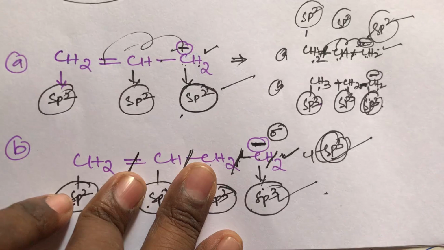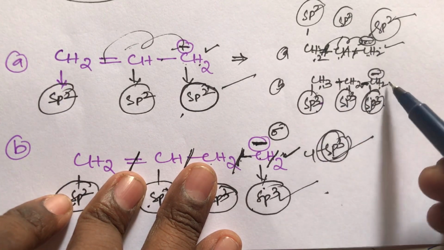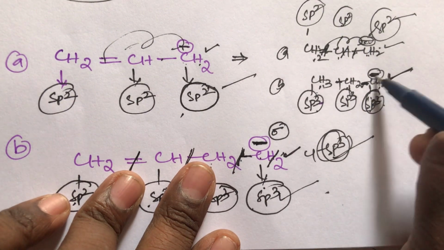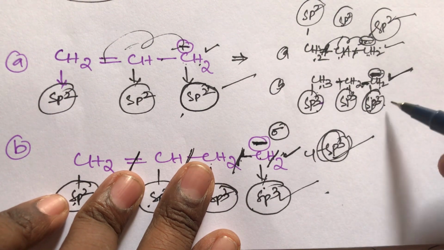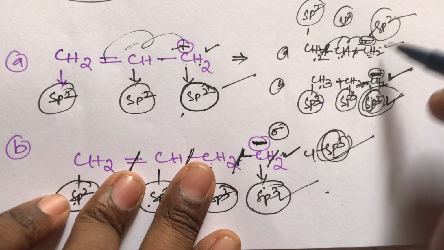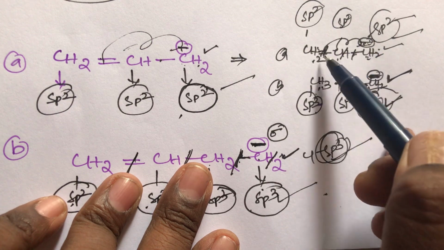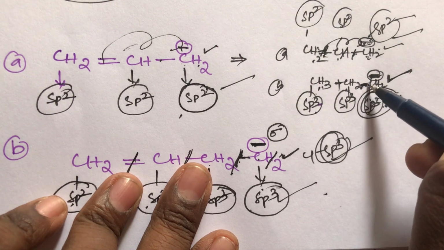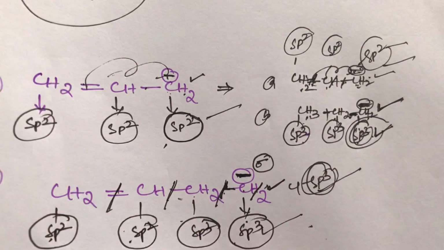So the negative charge participates in the resonance, and in compound B, CH3 single bond CH2, there is no conjugation, so this negative charge does not move to any side. So this negative charge is considered as a sigma bond, so that's why this compound is sp3 hybridization, and this compound is sp2 due to the presence of conjugation. This conjugation is double, then single, and this negative charge participates in the resonance, but in this case this negative charge does not participate in the resonance. That is the reason, student. This is a simple trick for hybridization, student.